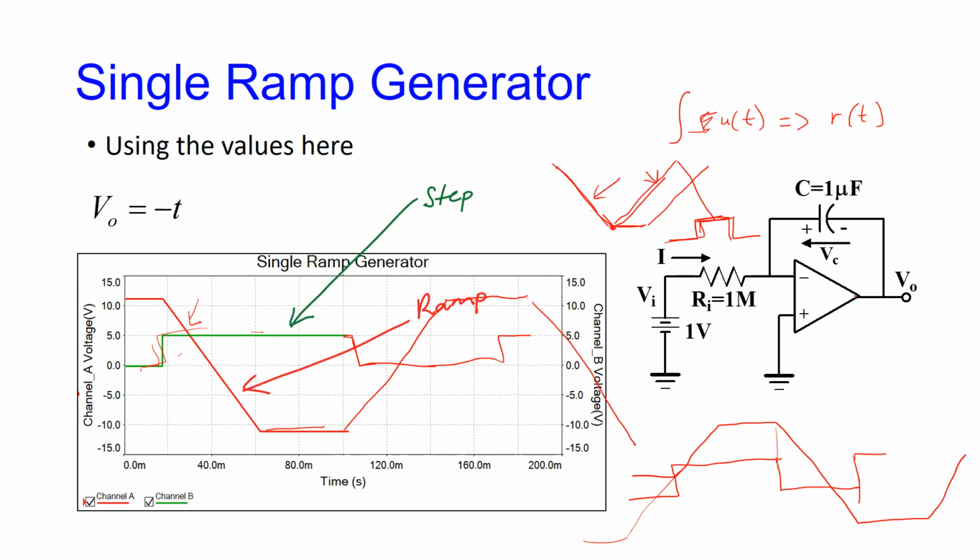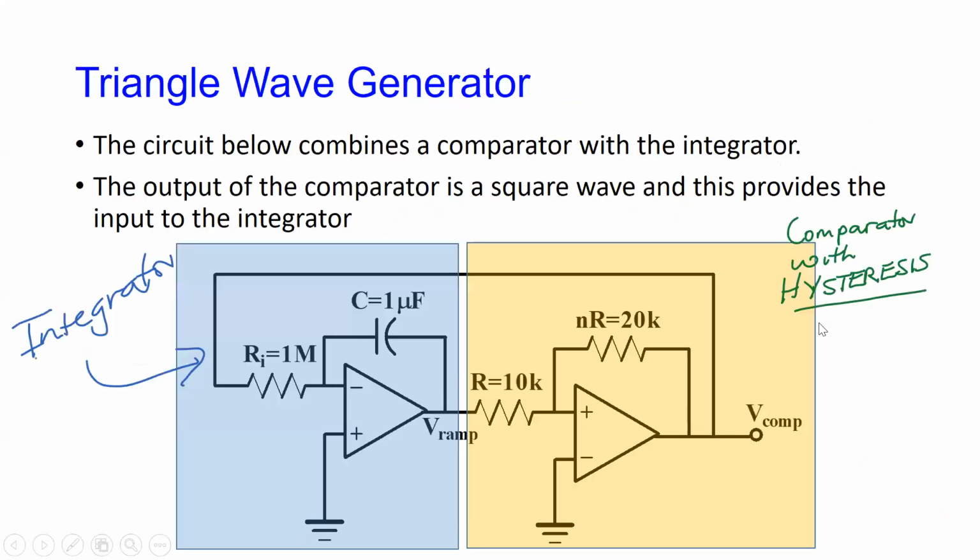And the way to do that, of course, is to take the output and find a way to feed it back to the input. So if I can feed the output back to the input, then once this is going in some direction, it will change polarity as it goes back here, all the time. But of course, I can't just simply connect this back to here because it will load down the input and all that kind of thing. So we need to put another op-amp inside here to buffer it. And that is where